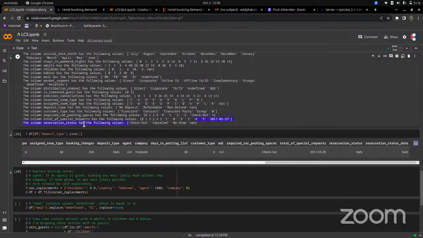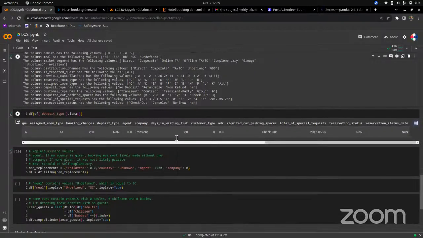But it's not going to know whether it's checkout, cancelled, or no show. So you have to be very careful to check: are these features helping me to cheat? Are these features giving me future things that I don't have, or I will not have when I'm actually building a model, right? Those are the key things I wanted to show you